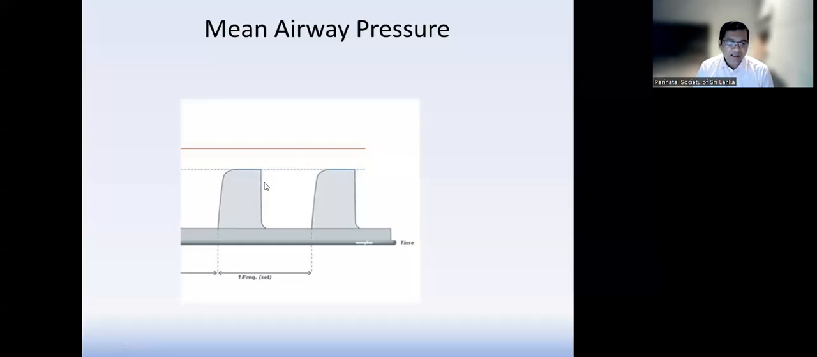If you increase the PIP, the area under the curve is increasing, and in turn the mean airway pressure will go up and oxygenation will go up. And if you increase the PIP,